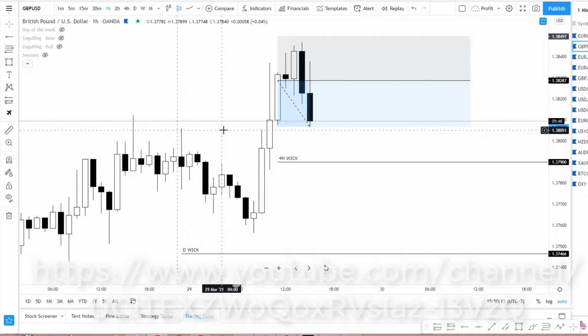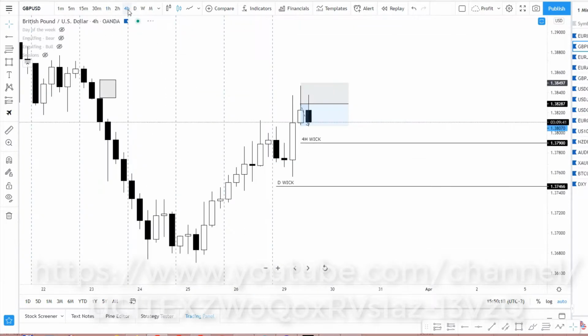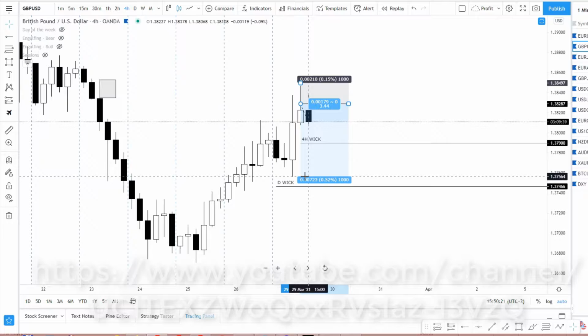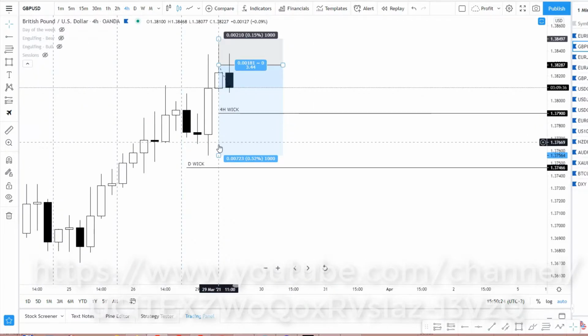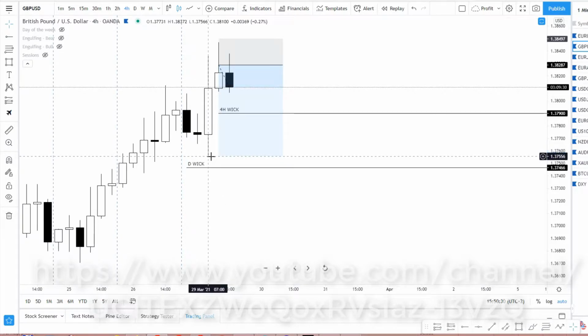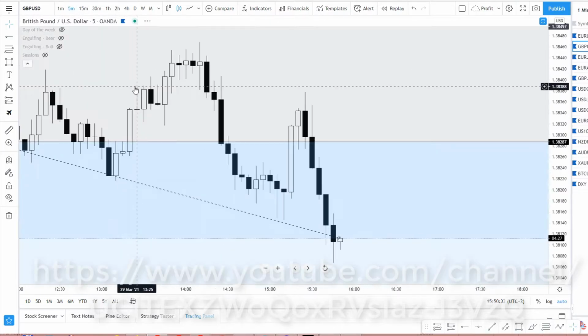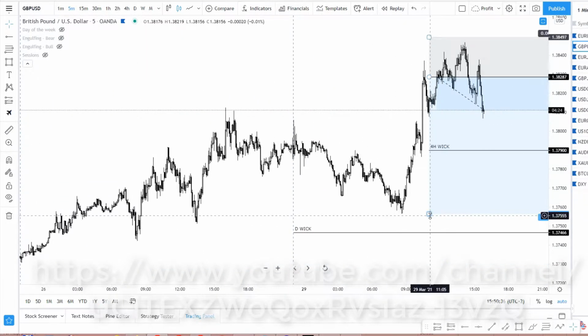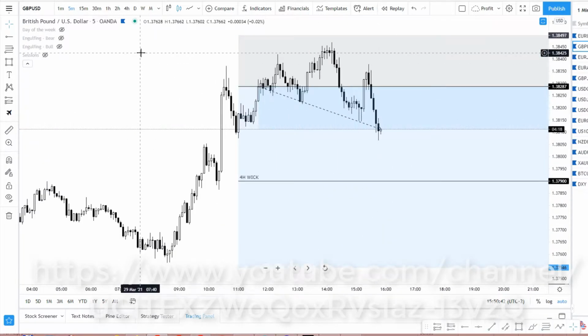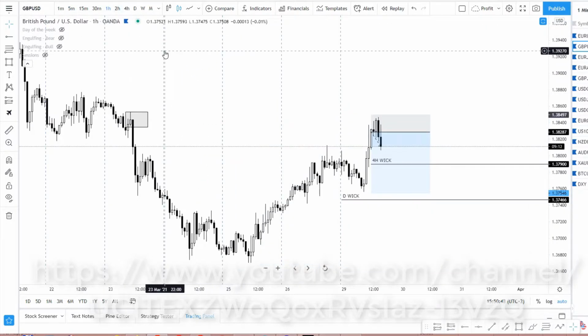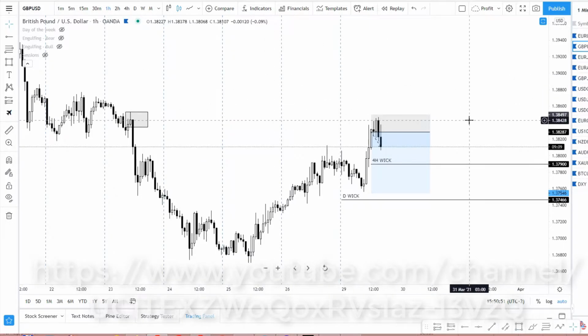I was actually looking at this trade last week, so I have more reasons for this. Targeting these lows, the low of the day is my target. So why did I take this trade? Sell. As you can see, the market is moving up. People would think that this would be good for a buy, but I take sell. The reason for this is that we broke these highs, this resistance, and